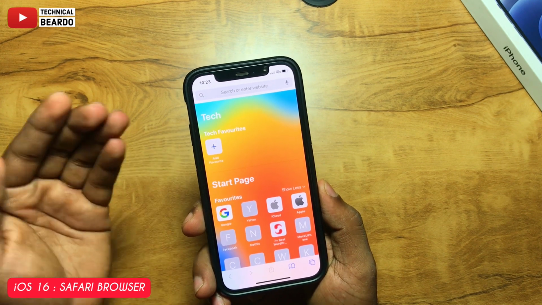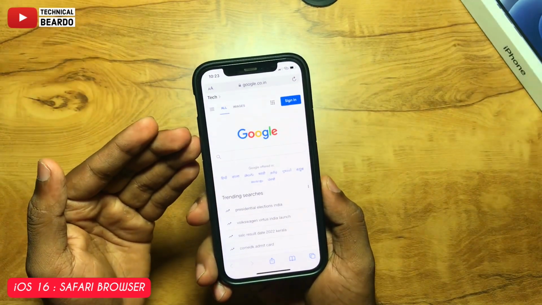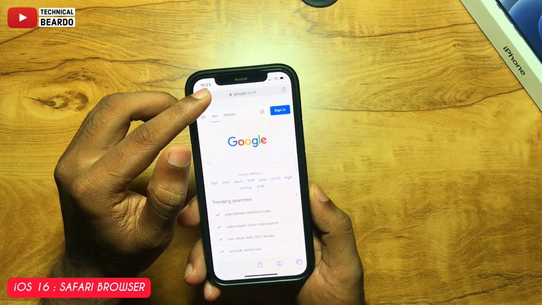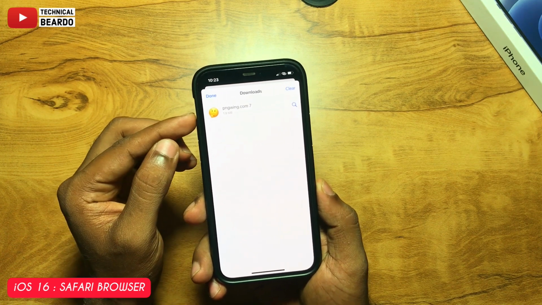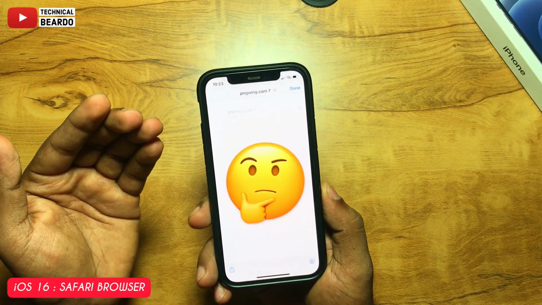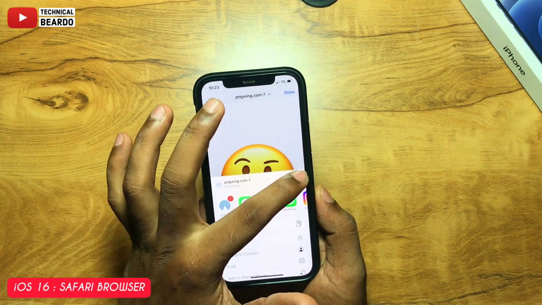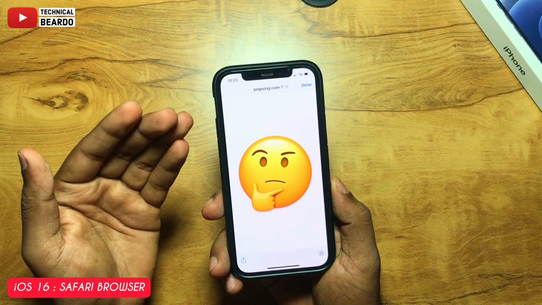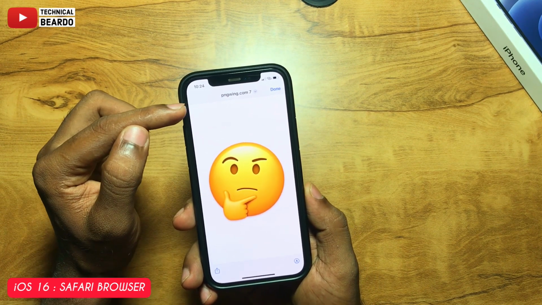And talking about the next Safari browser update, that is regarding your downloads. So whenever you go to downloads, earlier we had an option to open the downloaded file, just share it and save the file in your iPhone, right? But now if you see here, once you open the download tab in your Safari browser and open that file, there is a share option given to you, as earlier also. But now there is a new addition here.